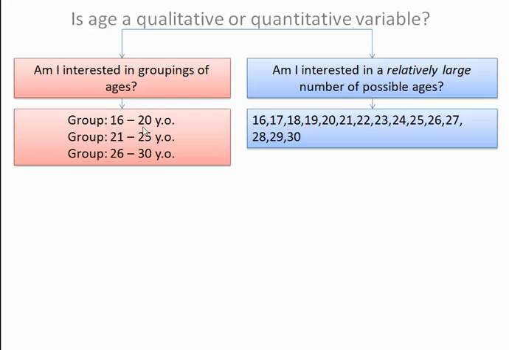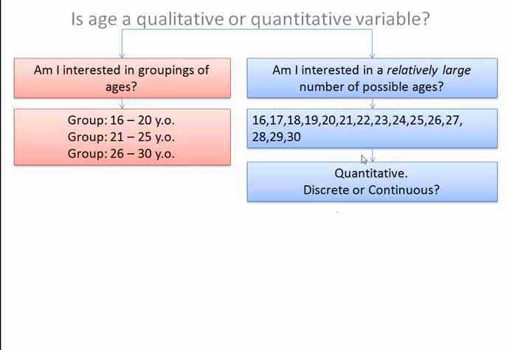So are you 16 to 20 years old, 21 to 25 years old, 26 to 30 years old? And so we have these groupings by 5-year range. The red here would be an example of a qualitative variable, whereas in the blue section over here, when we have the relatively large number of possible ages, that would be an example of a